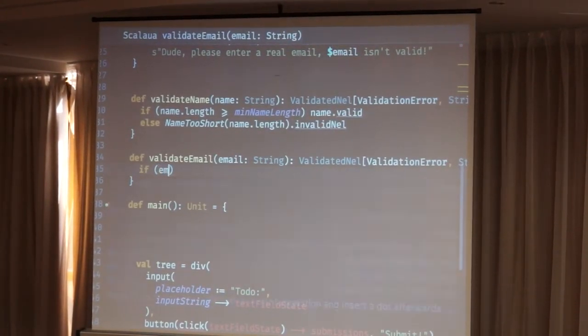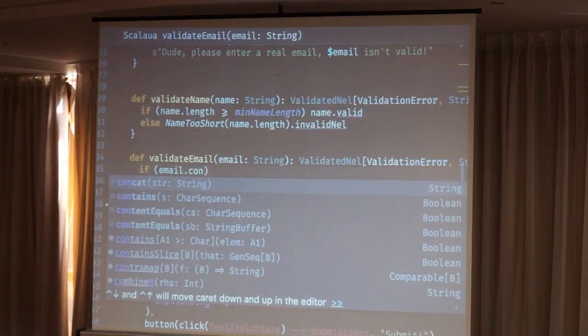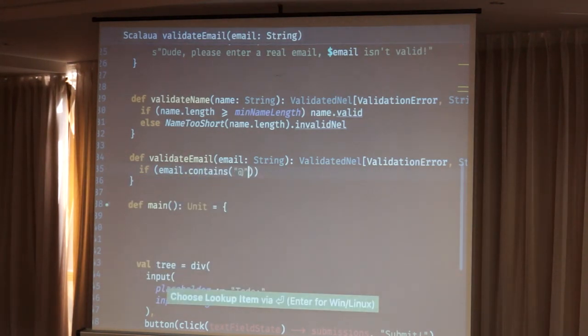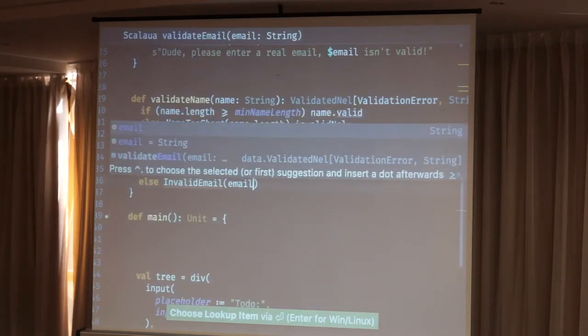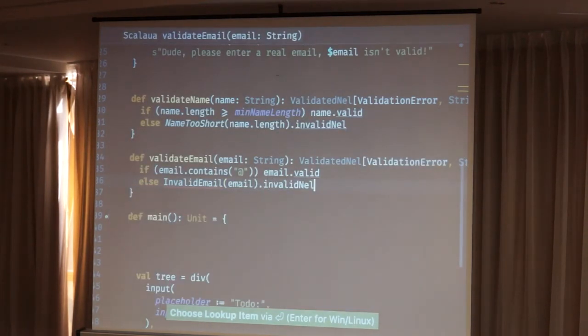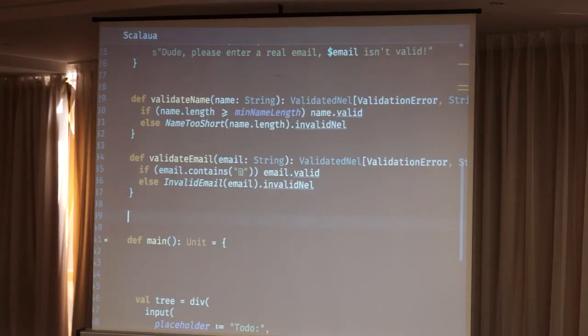Alright, we're just going to check if the string contains an @ symbol. Yeah, it's not exactly email validation, but, you know, it's a demo. And then we're going to create an invalid email if it's not valid. There. So, next thing we're going to do is we're going to create a view if the